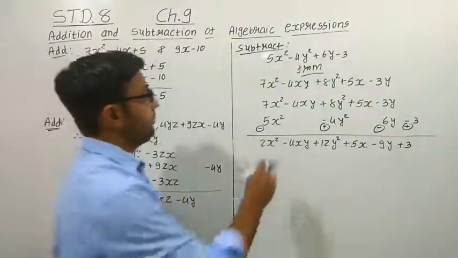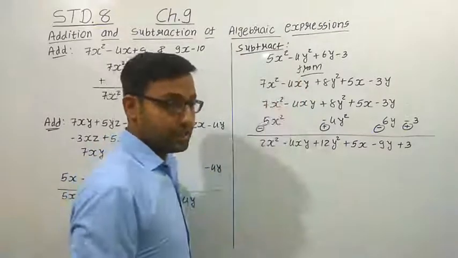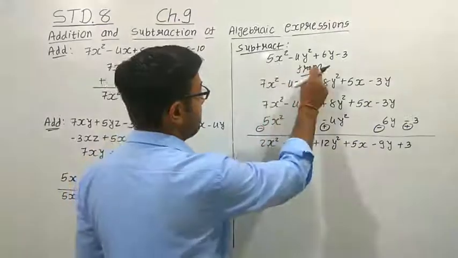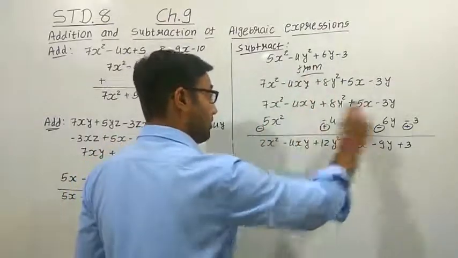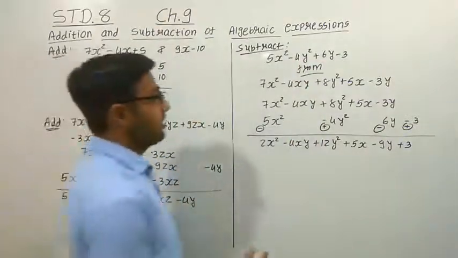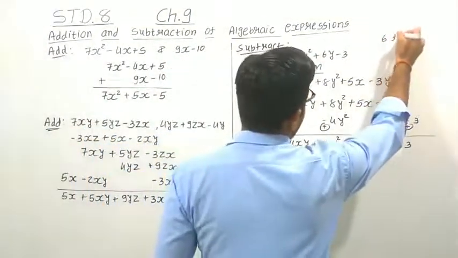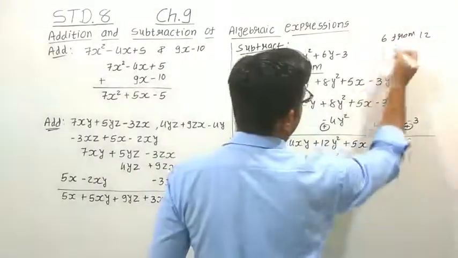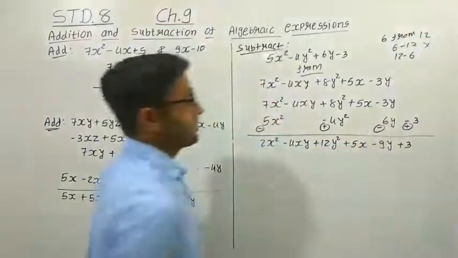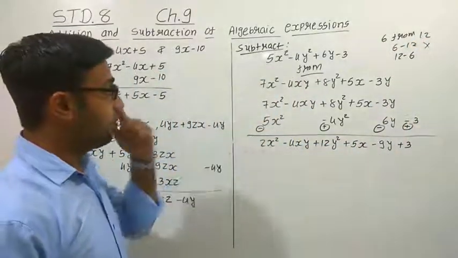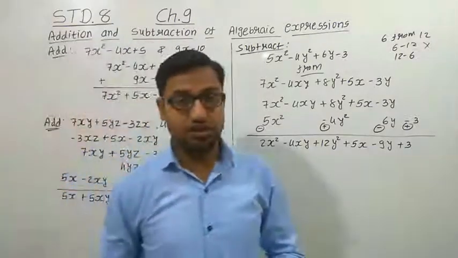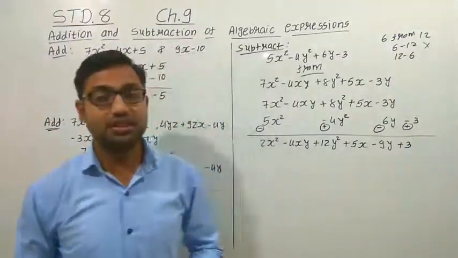So this thing you have to keep in mind: from which expression we have to subtract the other expression. So here we have to subtract this from this. So this first expression remains as it is. For the second expression we have to change the sign. It is like subtracting 6 from 12. So we cannot write down 6 minus 12, this is wrong. We have to write down 12 minus 6. Right? So this you have to keep in mind. So this is all about the addition and subtraction of algebraic expressions. Okay? This is all about this lecture.